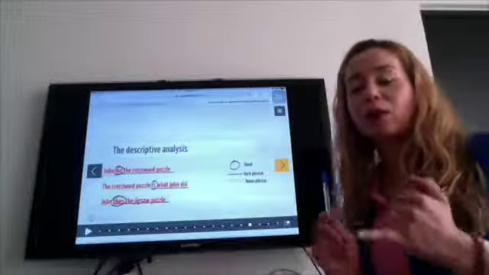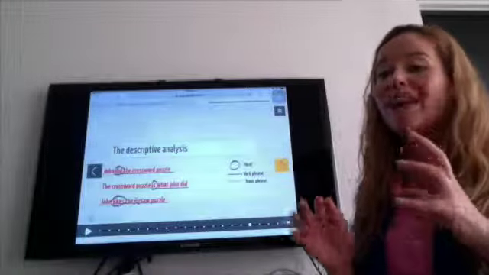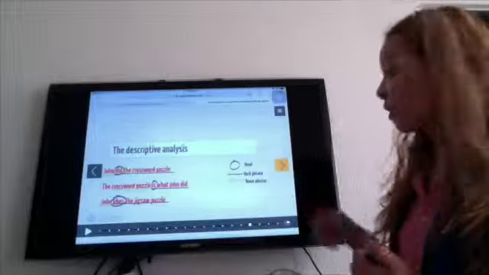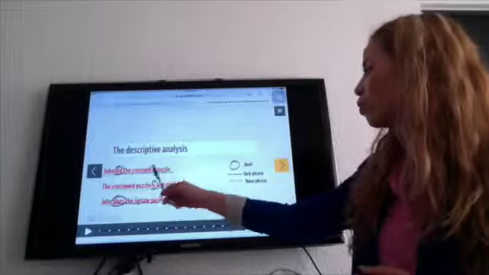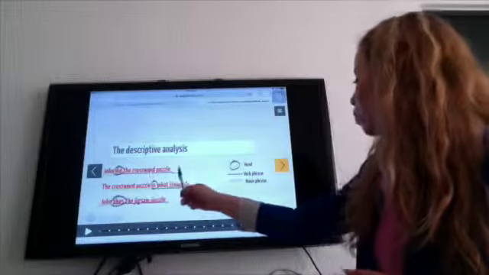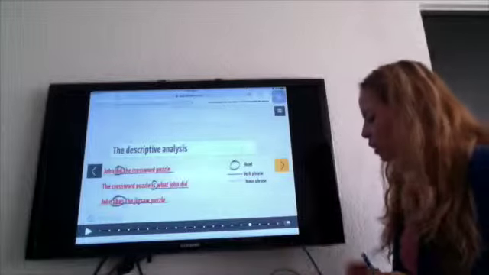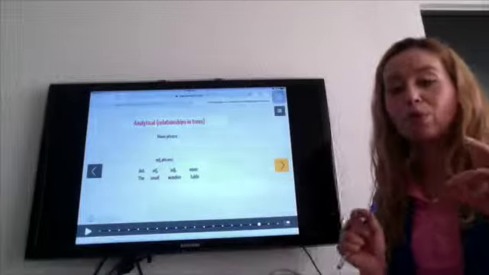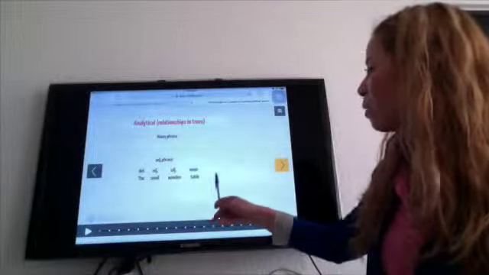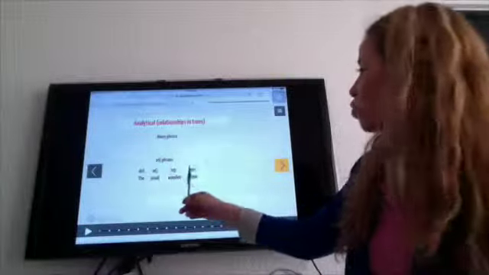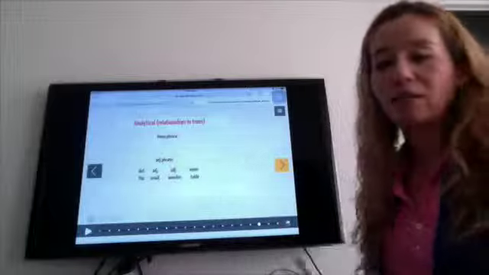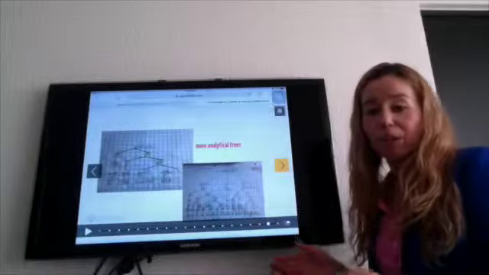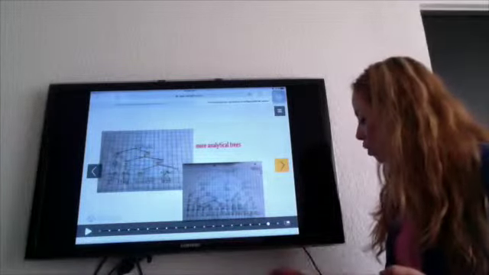And in syntax we have the descriptive analysis and the analytical, which is made with 3, sorry. The descriptive analysis tells us what is the part of a sentence. For example, in this case, John did a crossword puzzle. Did is the head, did a crossword puzzle is the verb phrase, and John is the noun phrase. This is the descriptive analysis. Then we have the analytical, which is the relationship of words in trees, like in this case, the small wooden table. 2 adjectives form an adjective phrase, a noun and a determiner form a noun phrase, and this gives us a simple sentence. And I put here some other examples of analytical trees.